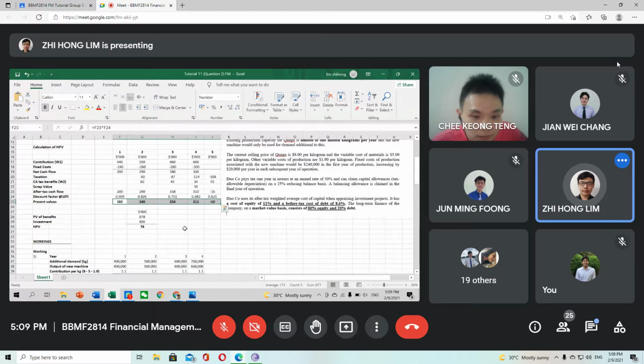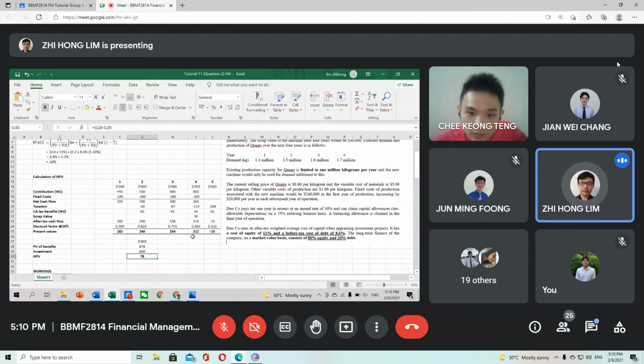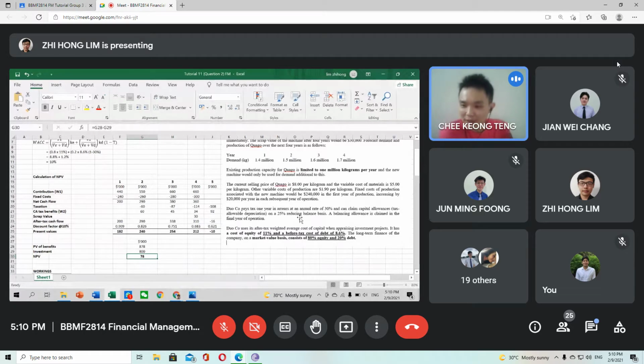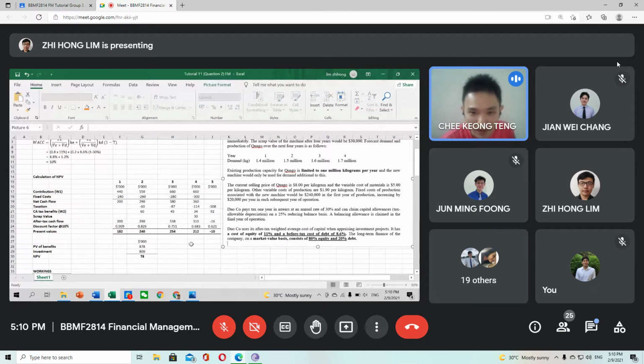Then lastly, we use the investment. The PV of benefits is the investment minus the NPV, which is 78,000. Yeah, that's all. Okay, basically you explain most of the things other than, I think, one part is not very clear,